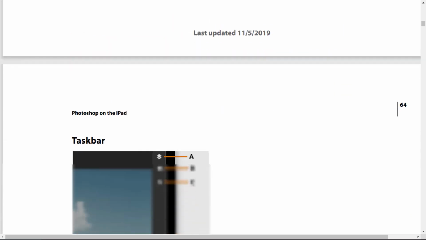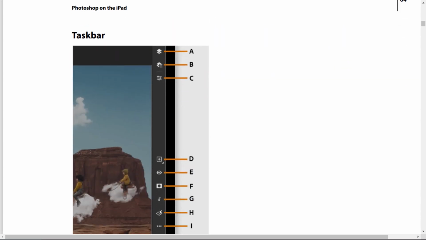So what about the taskbar? The taskbar here. We have the taskbar here on the right side of your iPad. The taskbar consists of A, B, C, D, E, F, G, H, I. Okay, and each icon